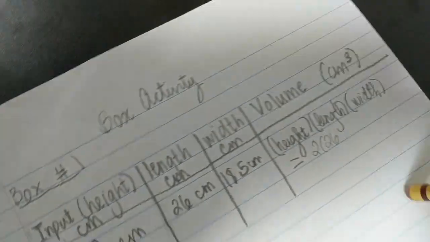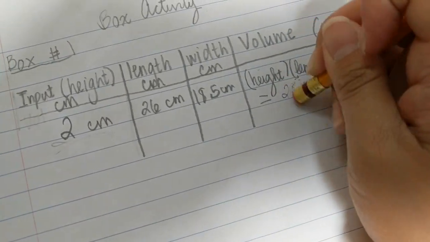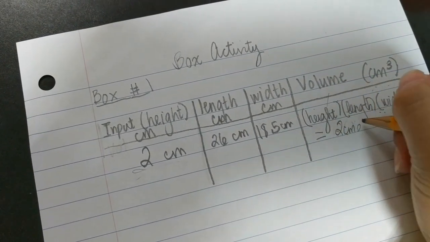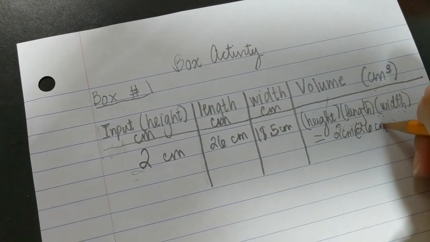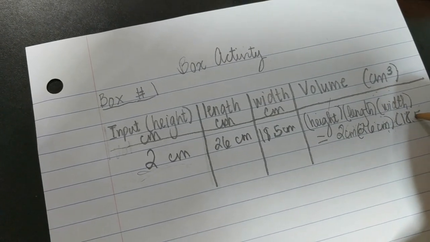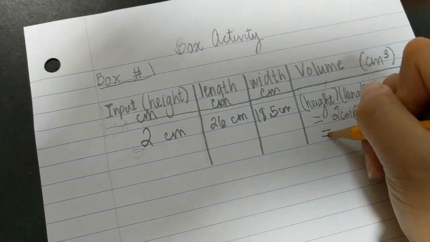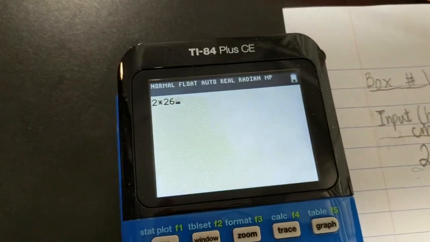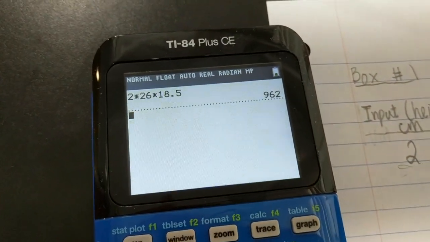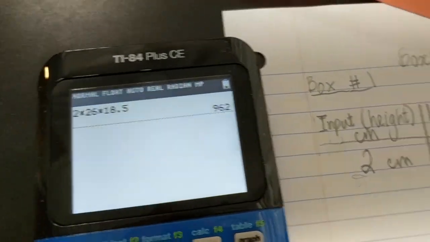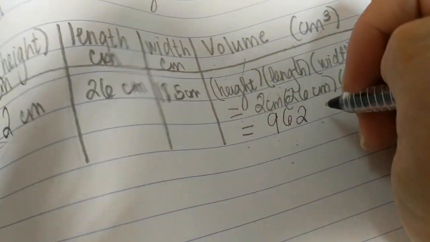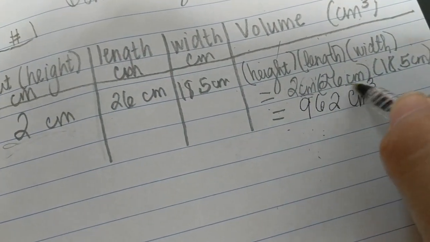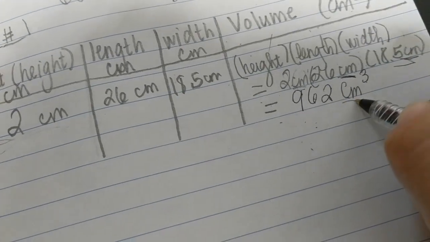Sorry, let me include the units here. 2 centimeters times 26 centimeters times 18.5 centimeters, which is equal to, okay, so 2 times 26 times 18.5, which is equal to 962 centimeters cubed,